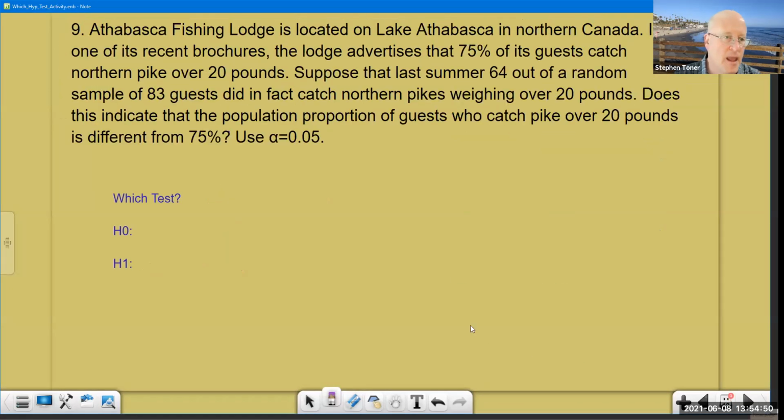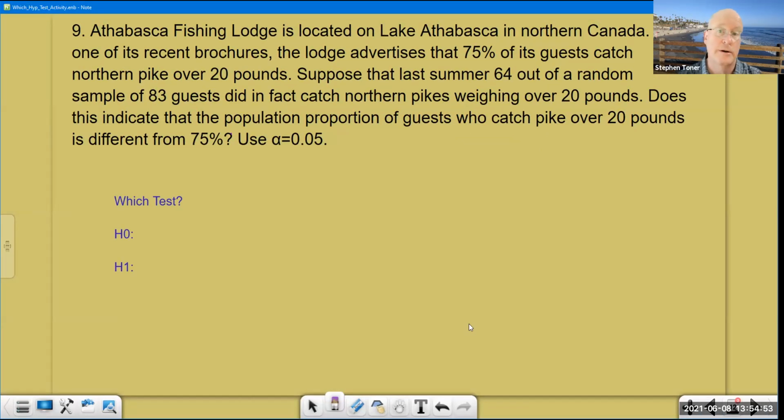Number 9. Athabasca Fishing Lodge is located on Lake Athabasca in northern Canada. In one of its recent brochures, the lodge advertises that 75% of its guests catch northern pike over 20 pounds. Wow. Suppose that last summer, 64 out of a sample of 83 guests did in fact catch northern pike weighing over 20 pounds. Does this indicate that the proportion of guests who catch pike over 20 pounds is different from